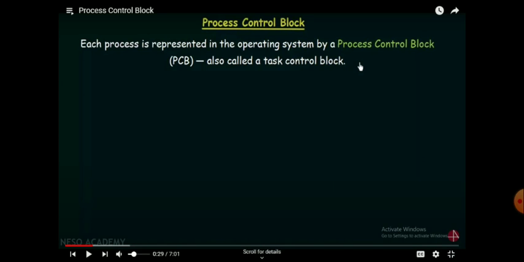For simplicity, the operating system will create a process control block. Inside the process control block, it will have all the details of the process. The whole process details are held by the process control block. Otherwise we can say it as a task control block.